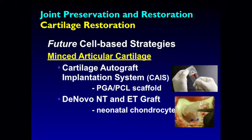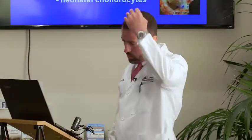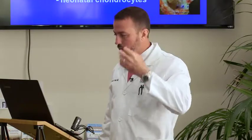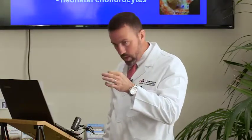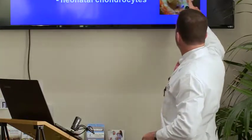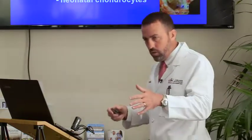The second one's pretty interesting. It's called de novo. They take neonatal cartilage cells. I've done this several times in the ankle, and that's where we tend to do this. But you're implanting cartilage cells from neonates that they harvest, and you put it in the defect, and you put this glue on it, and it seals it up. And so that was, when it first came out, people were doing it, but I think we keep going back to microfracture,